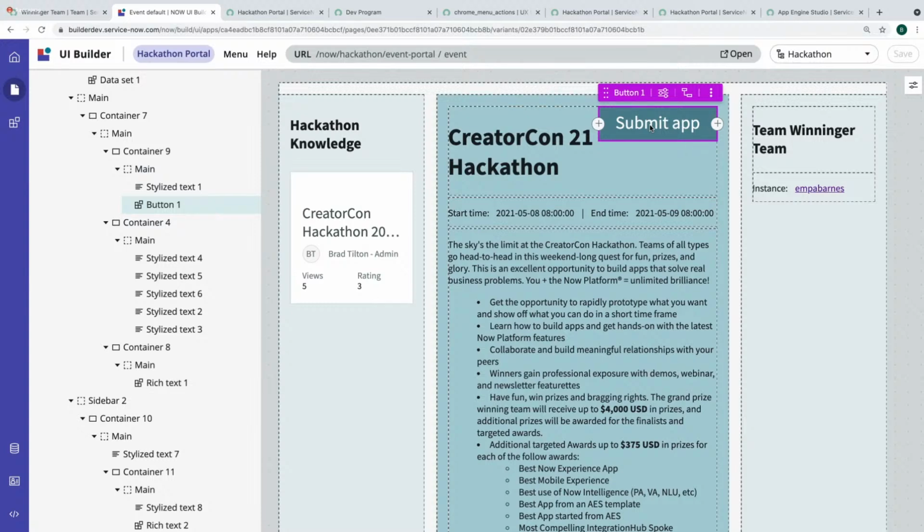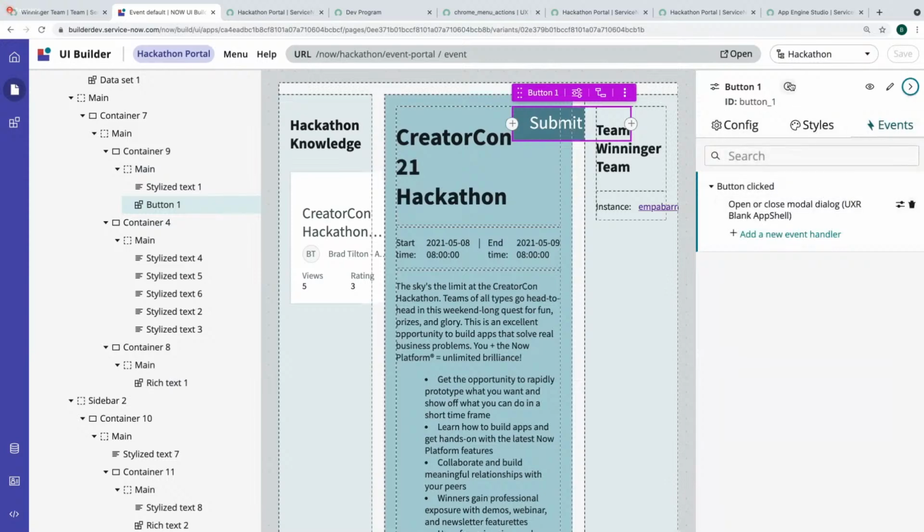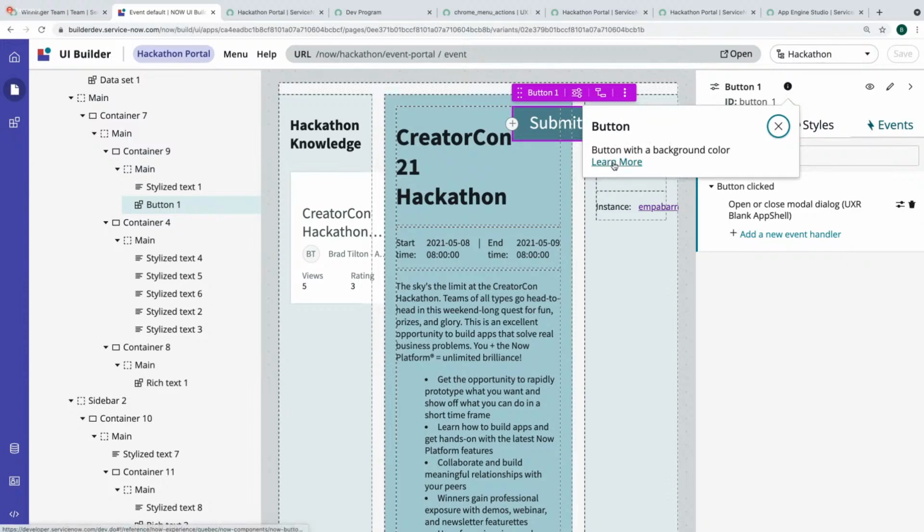So the thing I will suggest is folks go to developer.servicenow.com and take a look at the component playground area, especially for components like the button, and take a look at when to use the components and how to use them. So I know we've got some details on using primary. Is that link right there going to take me right where I want to go?